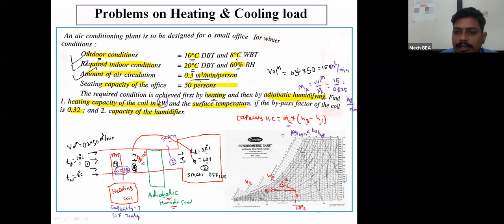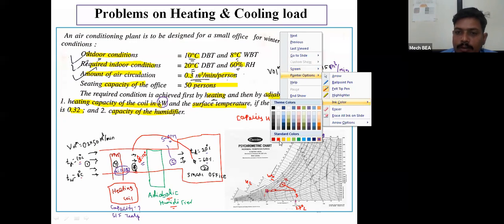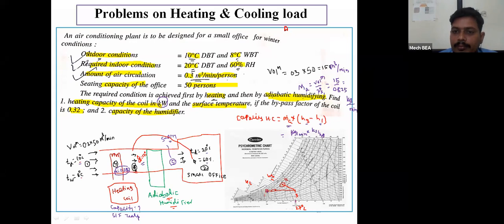So if I use the concept of bypass factor, we know the formula for bypass factor. The bypass factor of any heating or cooling coil is given by the equation: the temperature difference between coil and outlet,